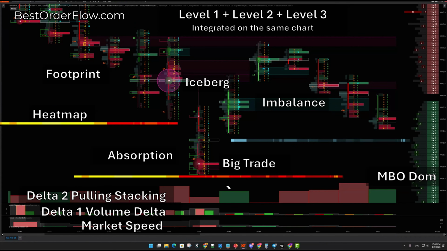You don't need this kind of bridge inside of you mentally. That's why you can make a decision much faster, because you don't need this extra mental effort. That's why the integration on the same chart makes sense. But none of the other software is doing that, because they're simply copycatting Bookmap. Number one, what they're losing